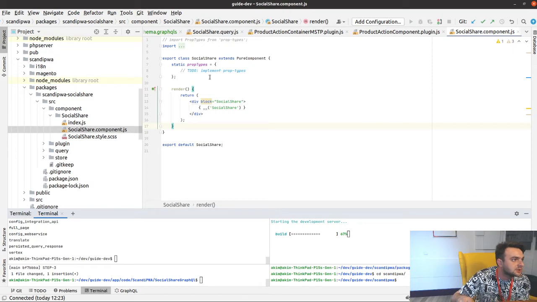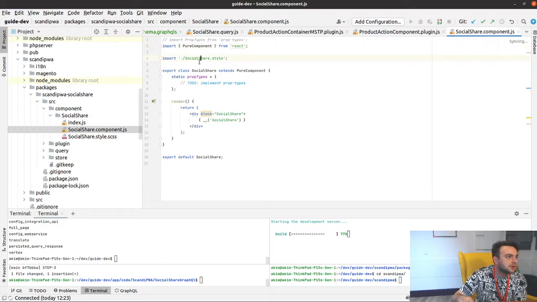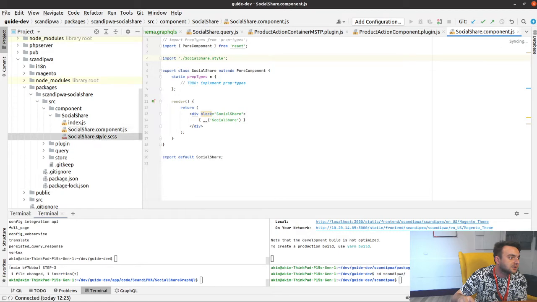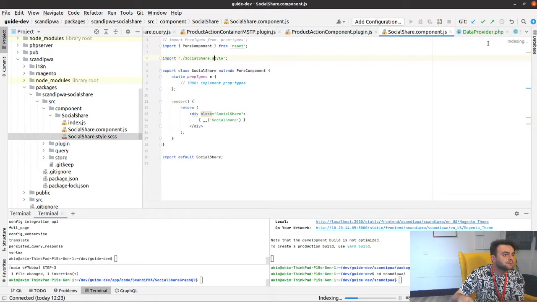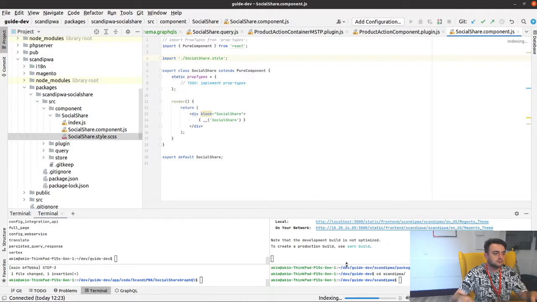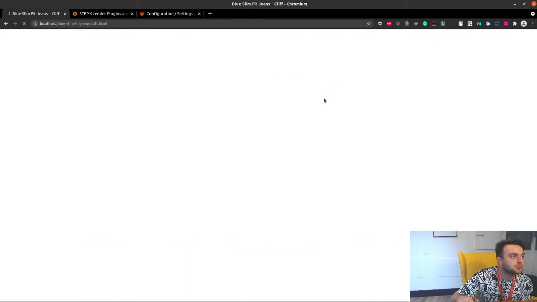Then building. Here we have prototypes which we also need to implement, and here are some basic imports, which is importing pure component, and the style here is also empty. And the build finished. Let's refresh the page, and hopefully we will see this beautiful string